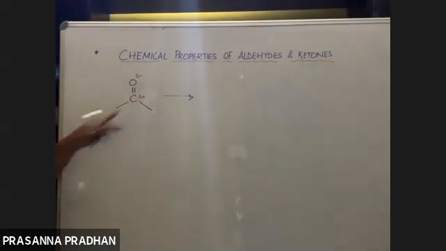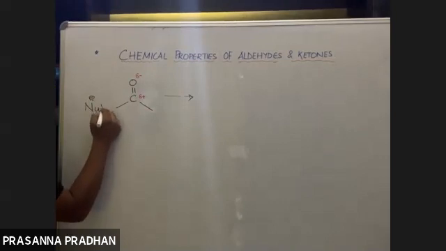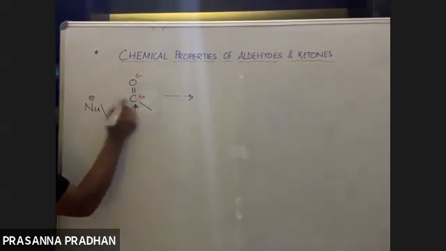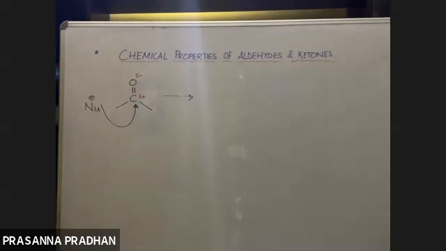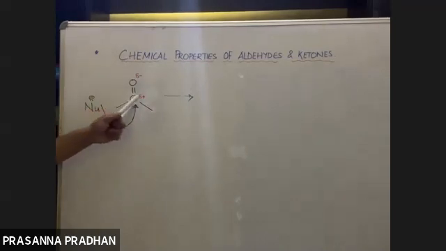Since it has a positive charge, there's a high probability that the nucleophile will attack this positively charged carbon, because nucleophiles are known as negatively charged species, or species having a lone pair, high electron density wala species hai. So it will attack the positively charged carbon. Kyun attack kar raha hai? Because it is positively charged. पॉजिटिवली चार्ज क्यों है? क्योंकि पोलर है. Why polar? Due to electronegativity difference.